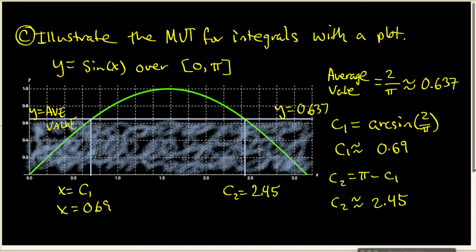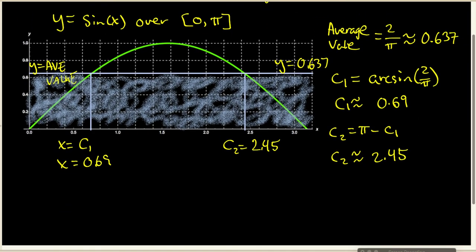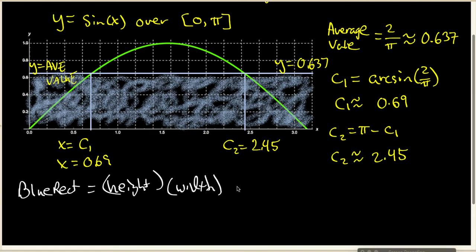So my blue rectangle has height times width equal to f of C1 times pi minus 0, and that is actually equal to the average value of the function